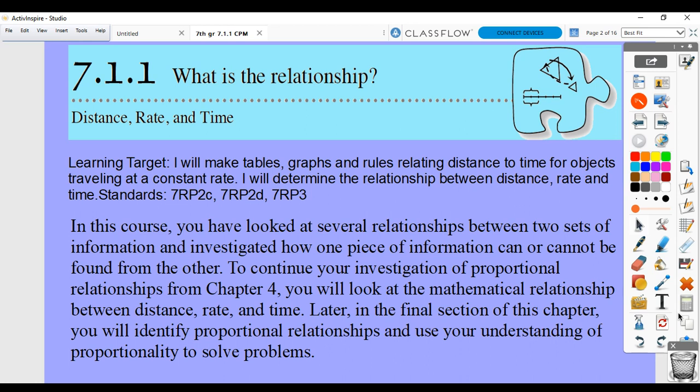So it says in this course you've looked at several relationships between two sets of information and investigated how one piece of information can or cannot be found from another. To continue our investigation of proportional relationships from Chapter 4, we're going to look at the mathematical relationship between distance, rate, and time. Later in the final section of this chapter, we'll identify proportional relationships and use our understanding of